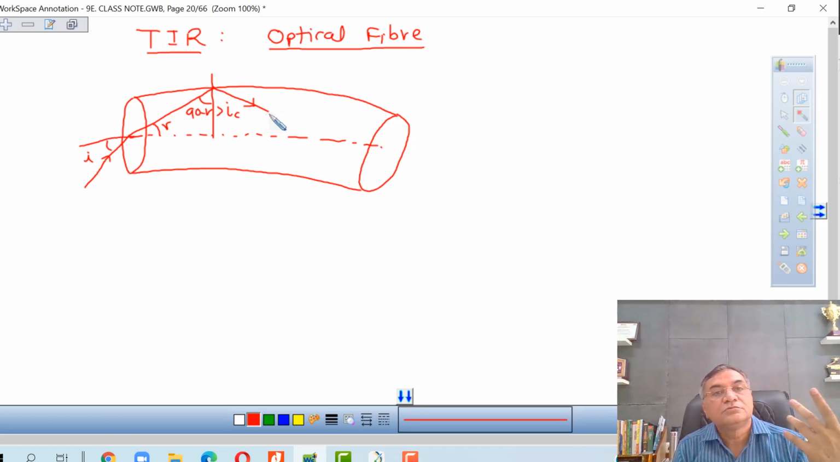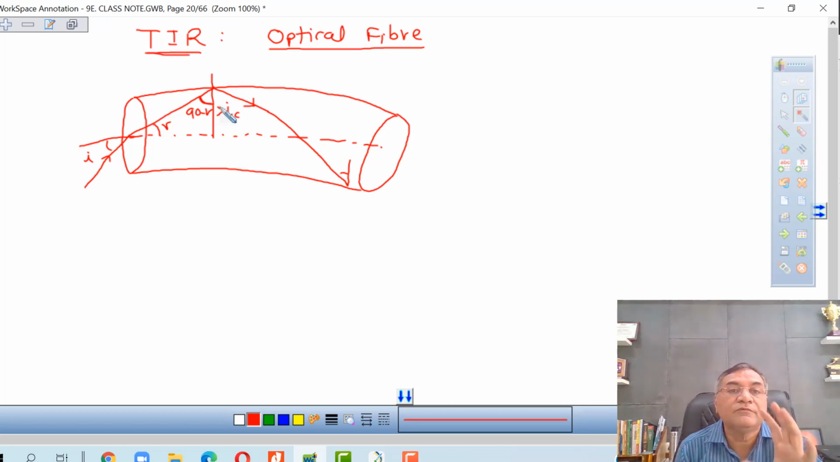So multiple reflections take place. Going this side, and again this condition is satisfied, going that side. So the ray enters at one end and comes out at the other end. But this reflection is possible only if we adjust the refractive index of this material suitably,